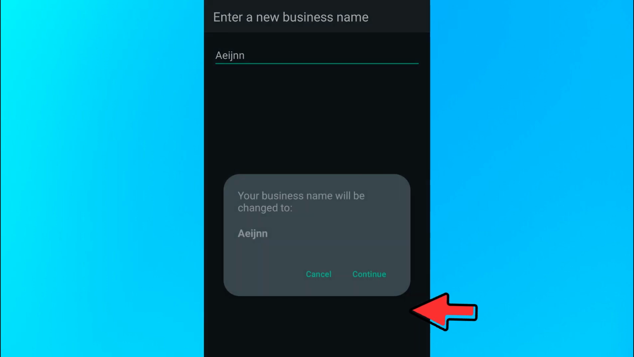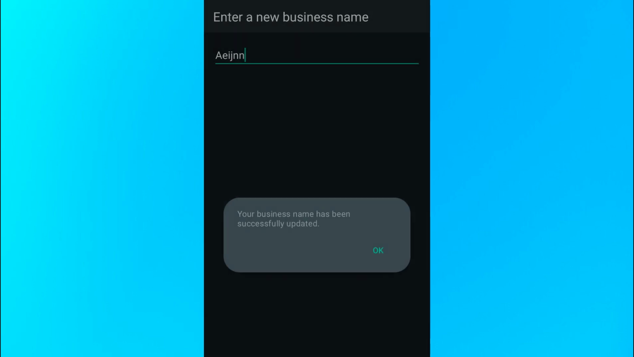After that, click the OK button and click on Continue. And then finally, you've successfully changed your business name on WhatsApp. And that's how you change your